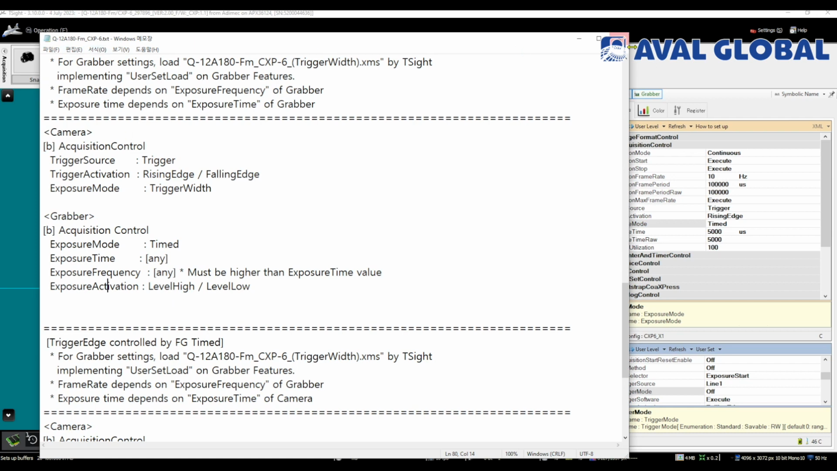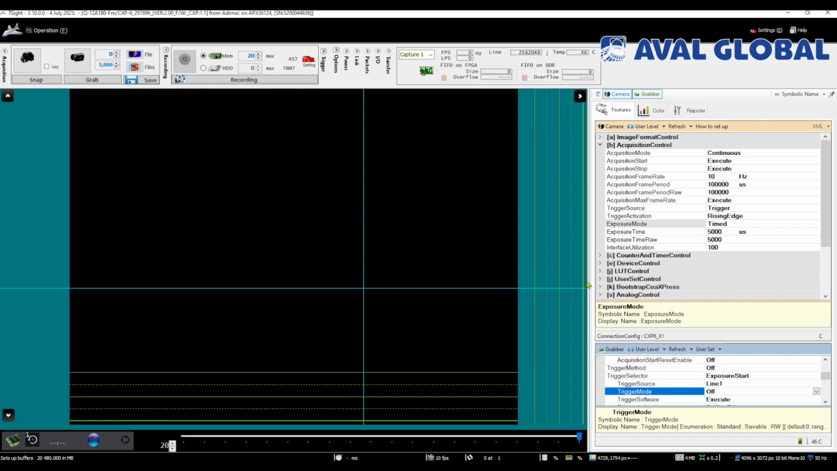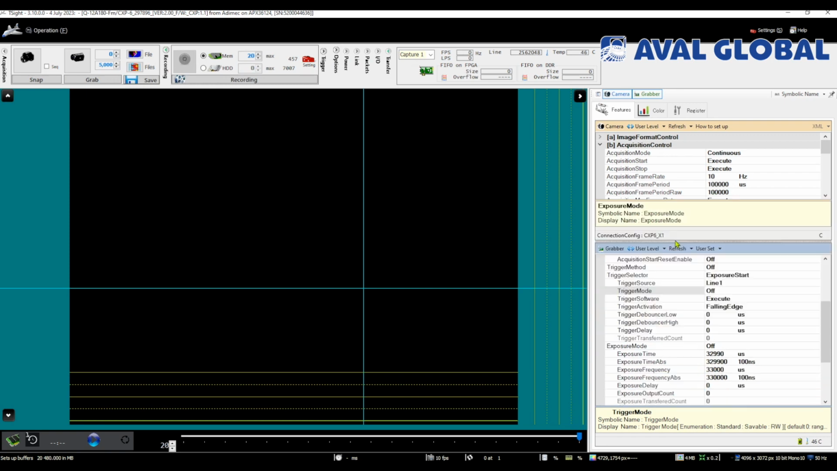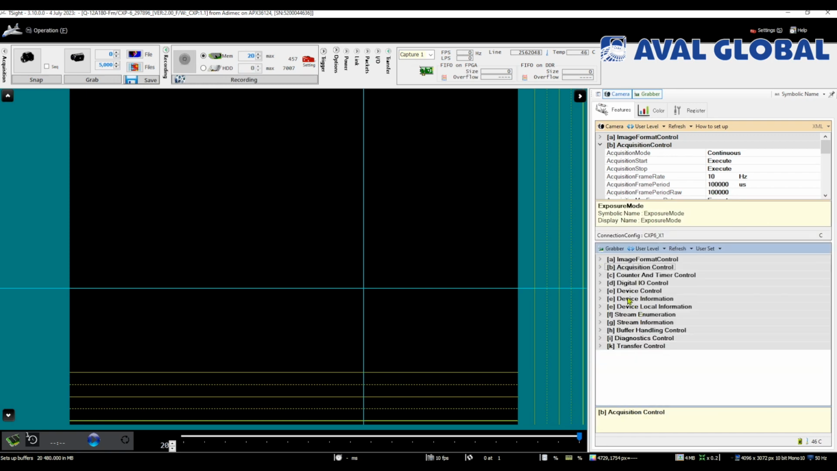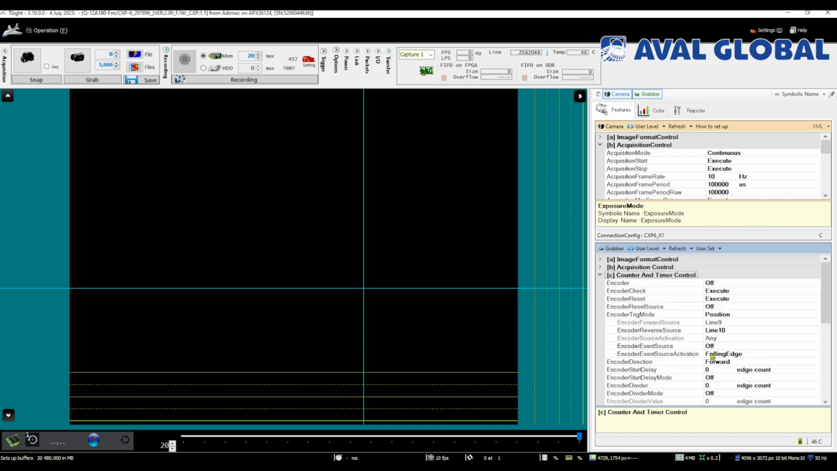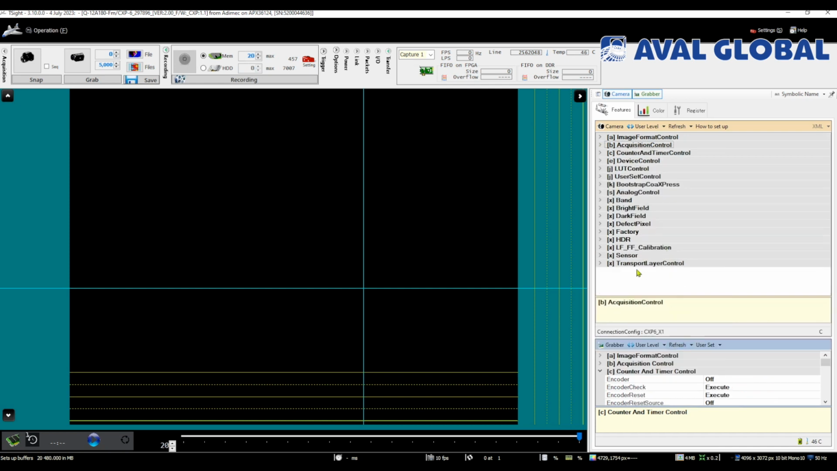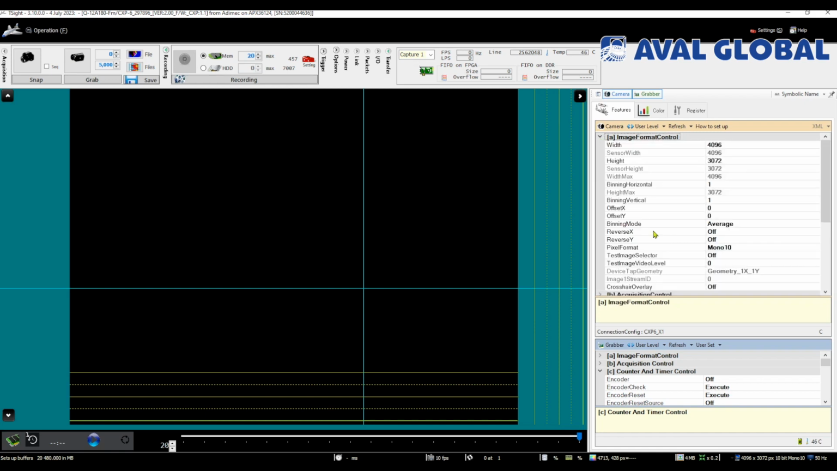If you use a line scan camera and encoder, you can configure the encoder setting here. Setting items vary depending on the camera company, so please check this correctly. Values that need to be synchronized with the grabber, such as resolution, are updated